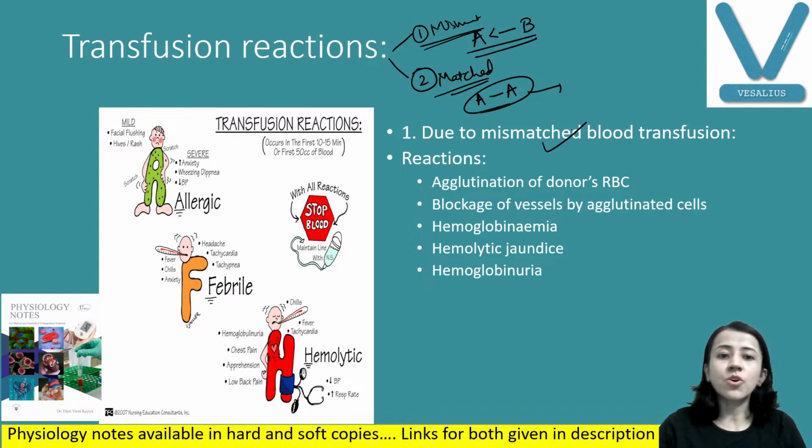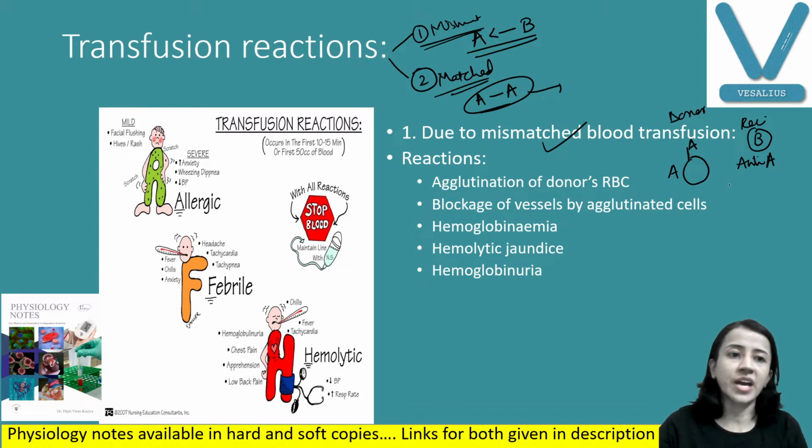Okay. Now what is the cause of the reaction? What happens, as we have discussed? Suppose somebody's blood group is A. RBC of that individual contains A antigen. So suppose this is the donor, and the recipient's blood group is B. So if the recipient's blood group is B, the recipient contains anti A, according to Landsteiner law, we have already discussed.